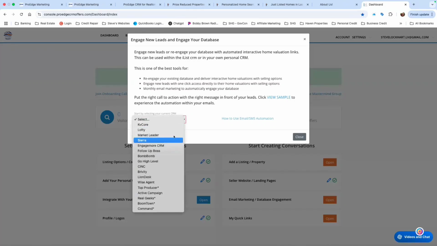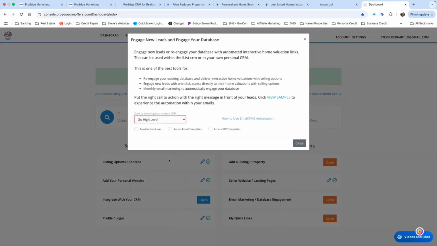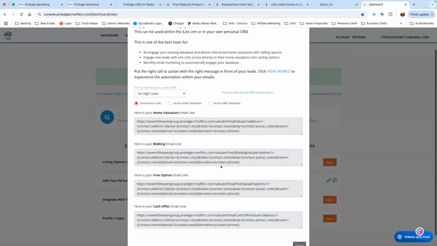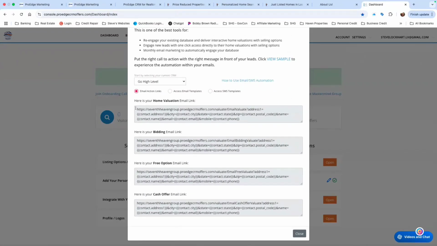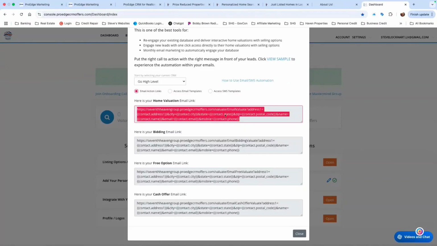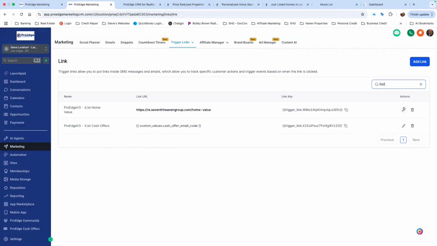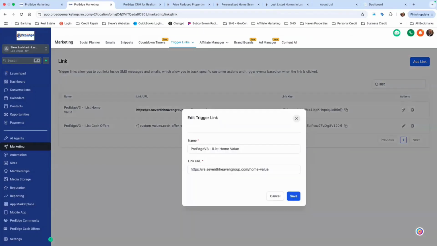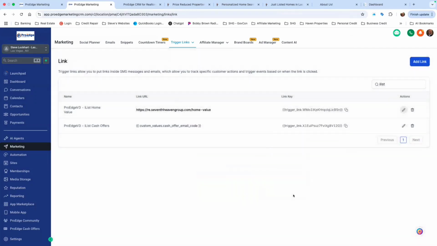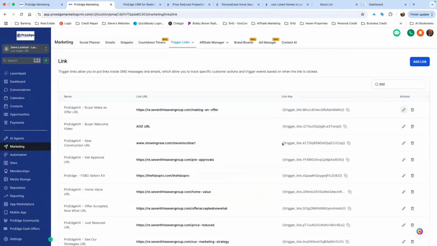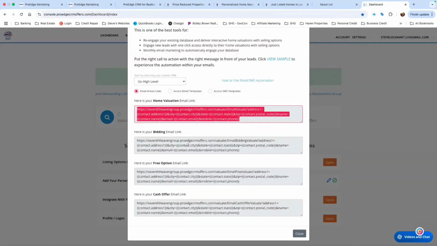So if you go down to go high level, and then email actions, yep. And then grab the home value one, the top one. Just double click and you copy that. Go back to go high level, or go back to the CRM. And then the first one is the home value. Hit the pencil, and then get rid of that stuff and paste the iList into there, and then save. So that fixed that one, and then go back to iList and grab the cash offer, which is the bottom